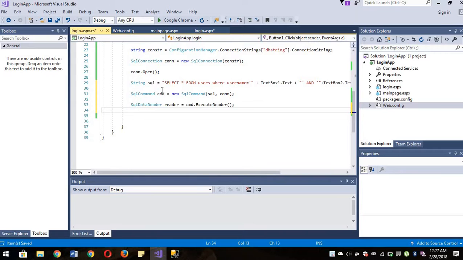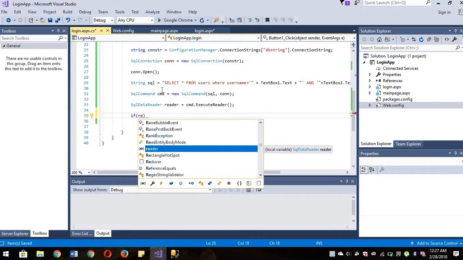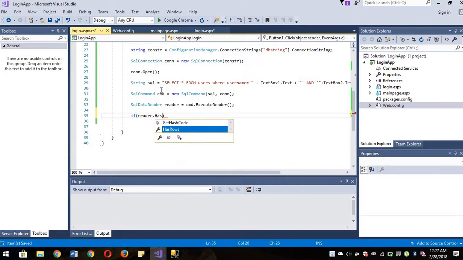Okay, now we have everything ready. Now here what we are going to do: if the reader is returning any row, reader.HasRows,